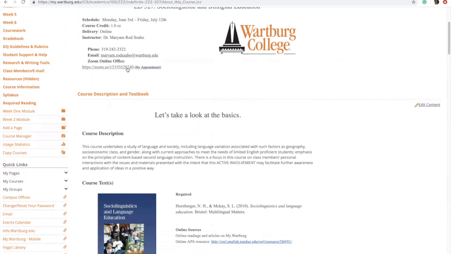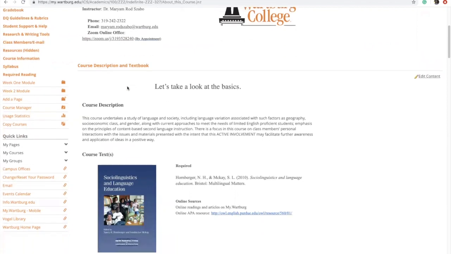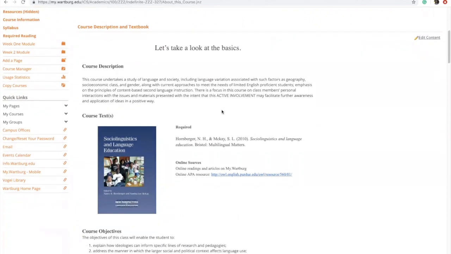This is an office link that I try to use. There are some times that I am online in this address that you see here. So if you click on that, you may be joining me in a different meeting if we haven't had an appointment. So it's great if we do have an appointment ahead of time, just to make sure that you're not interrupting a different appointment. But this is a link that we will be using when we schedule an appointment to meet. There is some more information about your course, the description of the course based on the